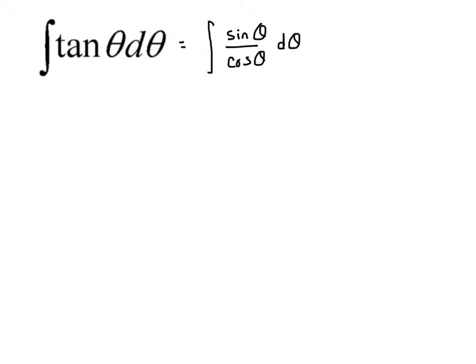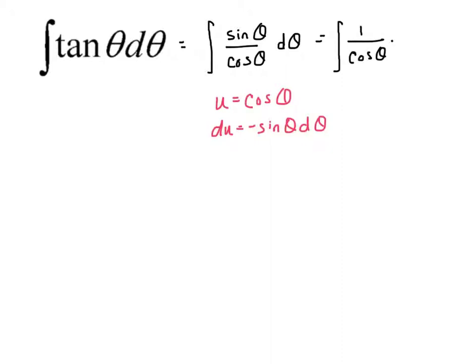Well, now, if I make u cosine, then the derivative of that is negative sine. And again, if it helps you see it, let me rewrite 1 over cosine multiplied by sine, like that. So now I could change the sign here, make it negative d theta, and again I can replace